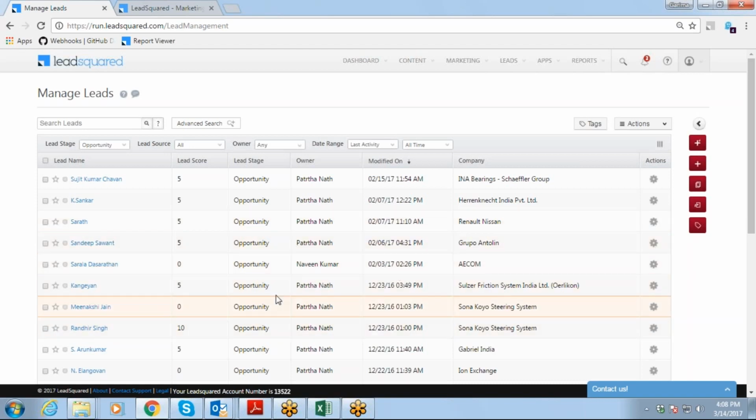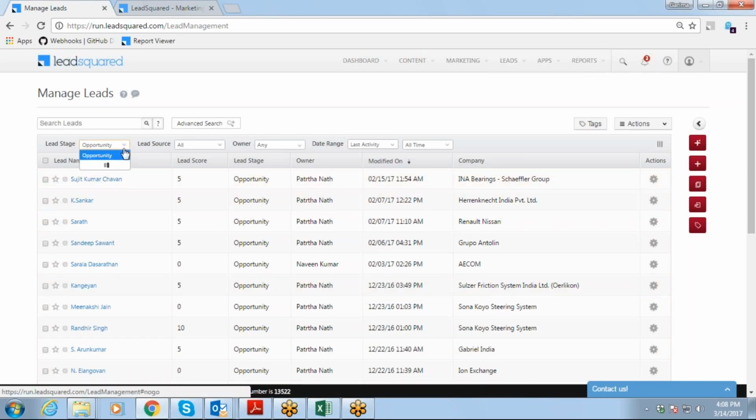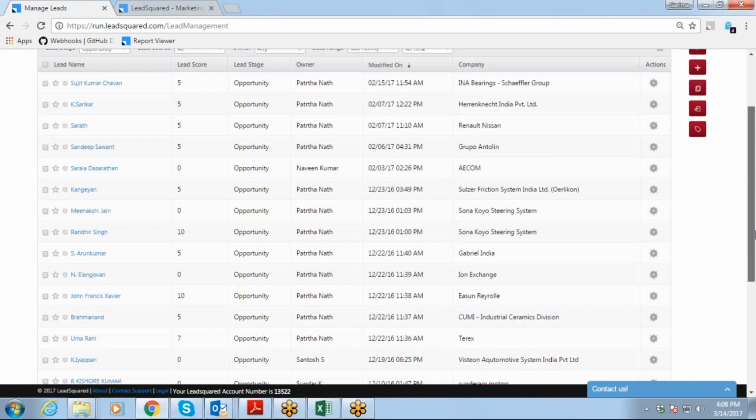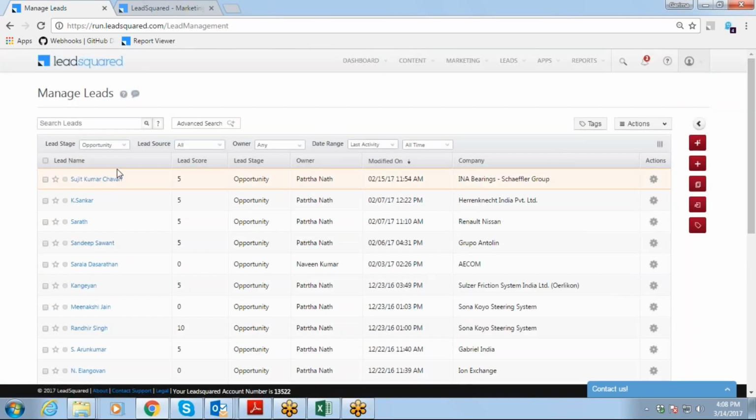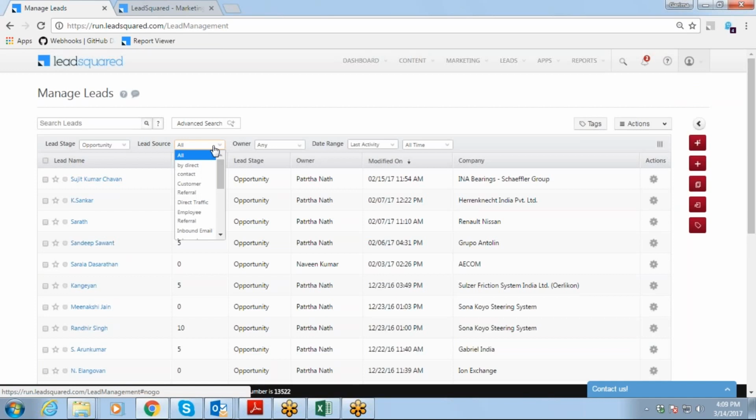Everything you can see. I'll just show you how you can see that. See, we have this filters tab here, right? These are all the leads which are added in your account, right? Now you can filter out those leads on the basis of the stages. For example, you want to see all those leads who are in prospect stage. If I click in here, every lead who has the stage as prospect will be available. Initially, you have just selected opportunity, so every lead having opportunity is seen here, correct? Now you can filter them out on the basis of stage, on the basis of source. For source, you have all these options here. You can just select them and filter them.